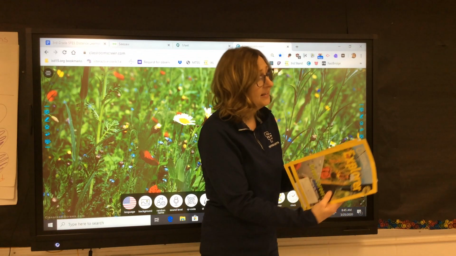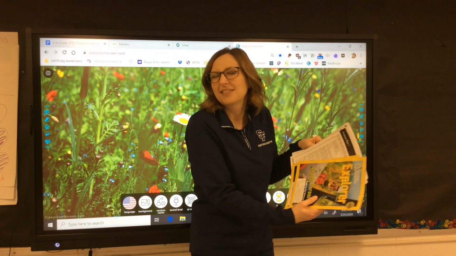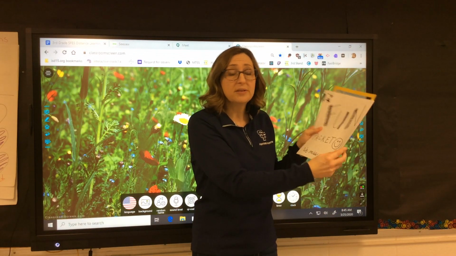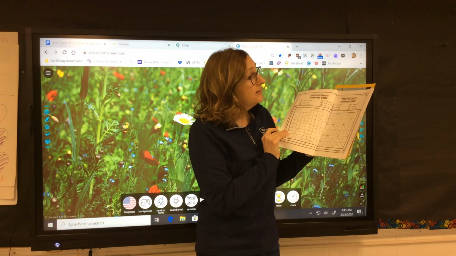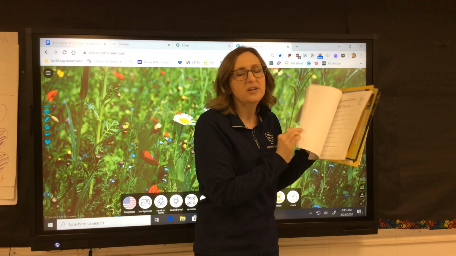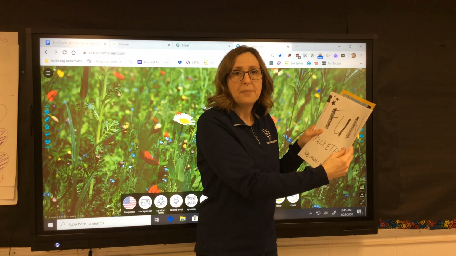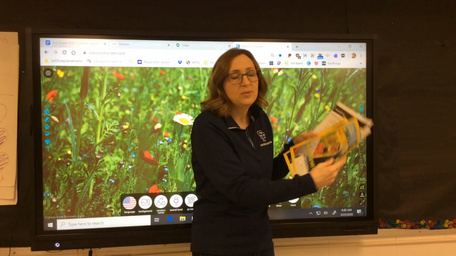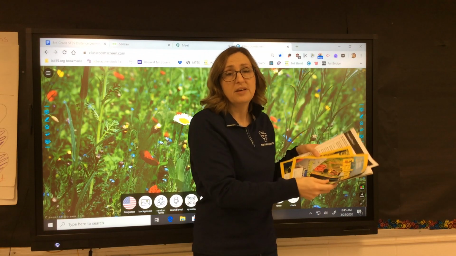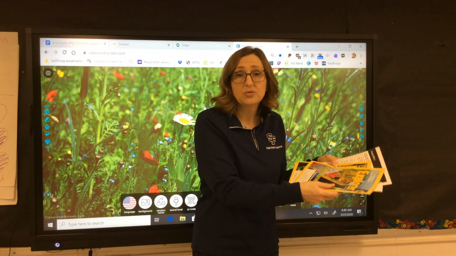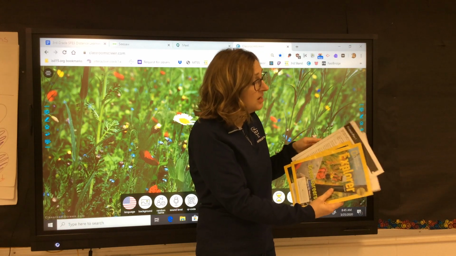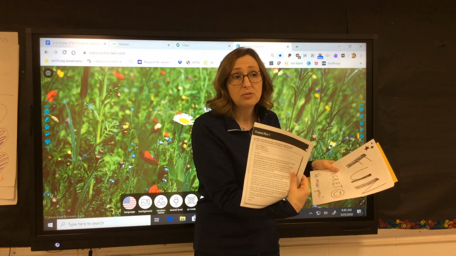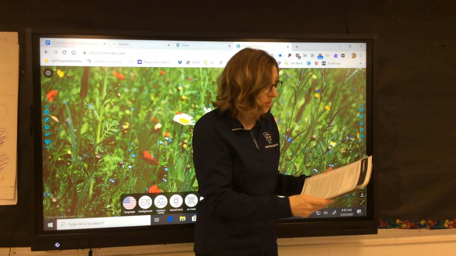And in the rest of the packet, there might be some other want-to-do's. We did make a fun packet for everybody, and this is just some coloring and some different things that they could do for some extra fun. And each teacher, like my class, we get National Geographic Explorer. Some of the other classes might have their Scholastic News or Weekly Readers in there. In my class I had already printed these out, so I just sent these home with the kids.